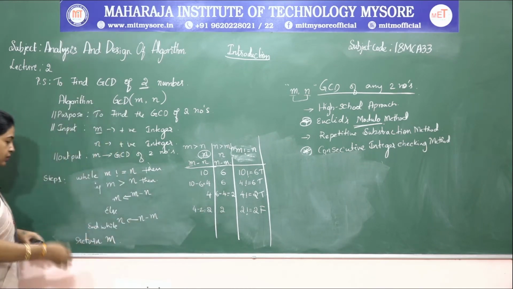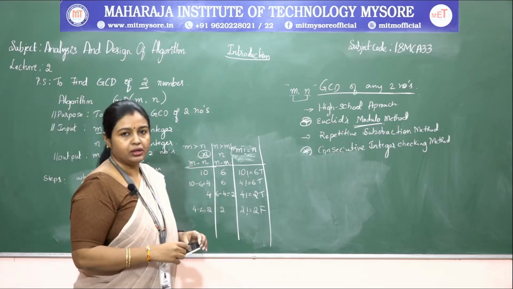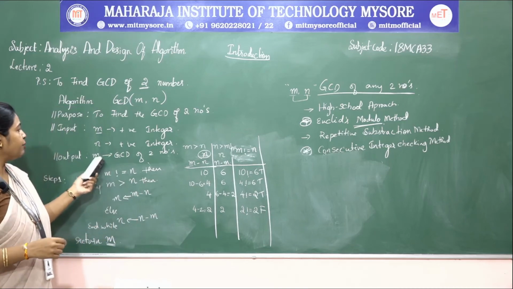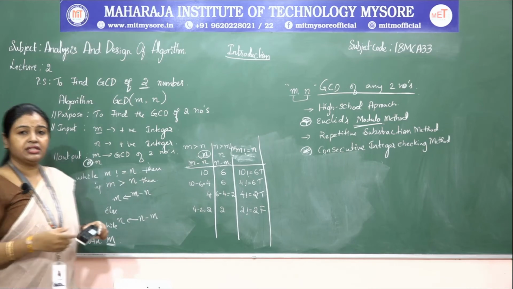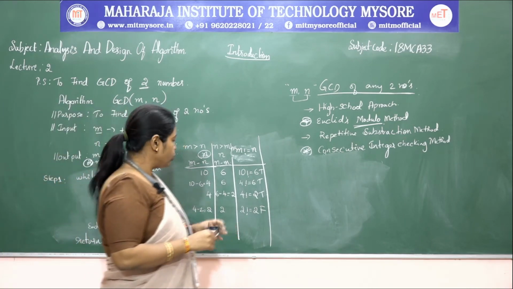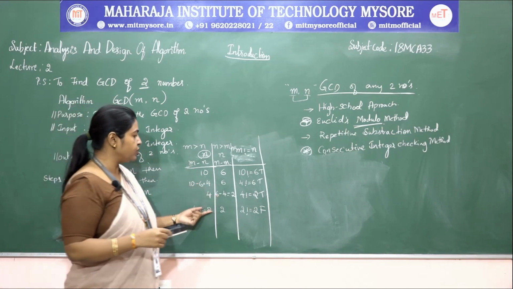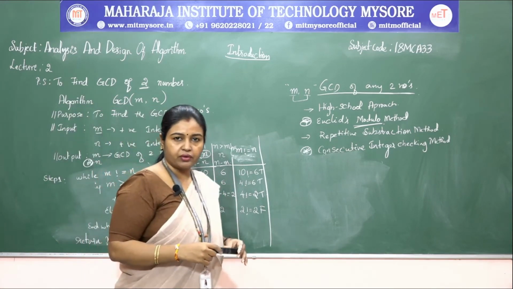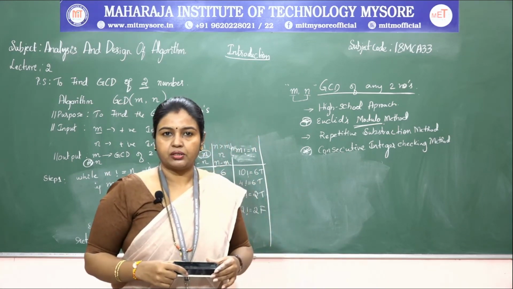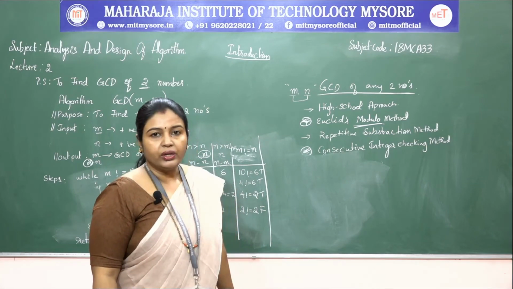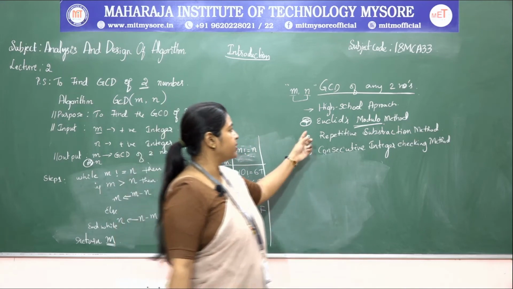Okay. So now the written m value, that is the GCD of two numbers. So here m or n, we can have a GCD of two numbers. So here also, how many times has the subtraction operation been performed? 1, 2, 3, 4, depending on the input we have taken. So here also it is performing only 3 to 4 operations. So this is how we can calculate the GCD of two numbers using this repetitive subtraction